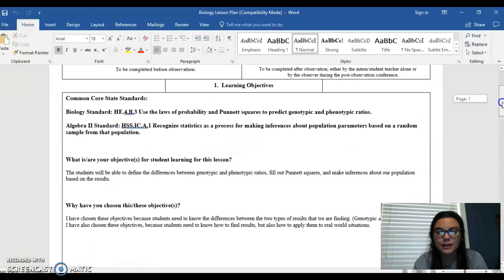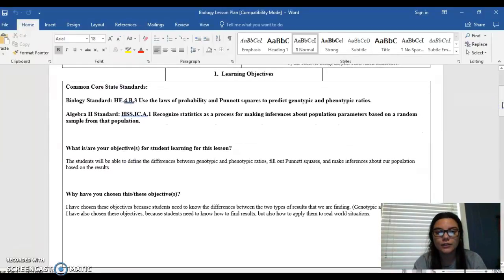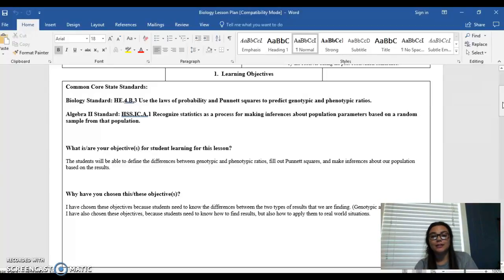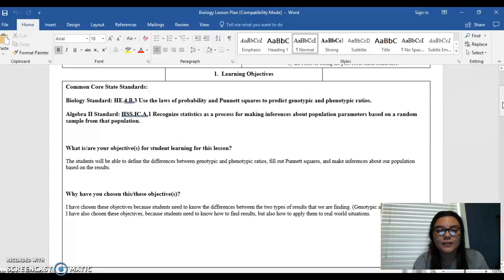So the standards that I chose were the biology standard HE4B3, which is to use the laws of probability and Punnett squares to predict genotypic and phenotypic ratios. I chose the Algebra 2 standard because it paired really well with the biology standard when it comes to relating the ratios to real-world examples. So that Algebra 2 standard is